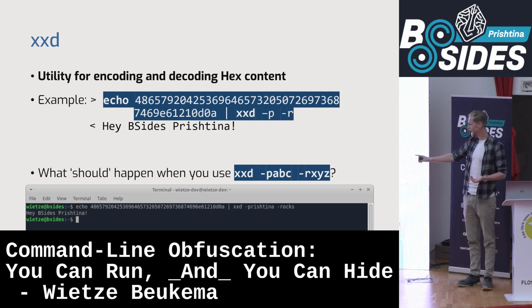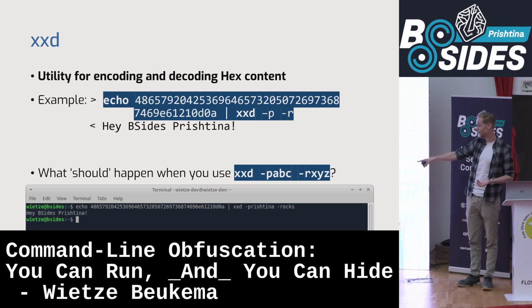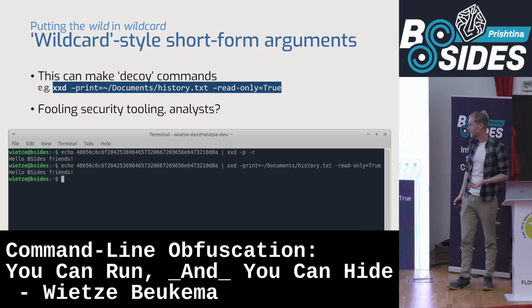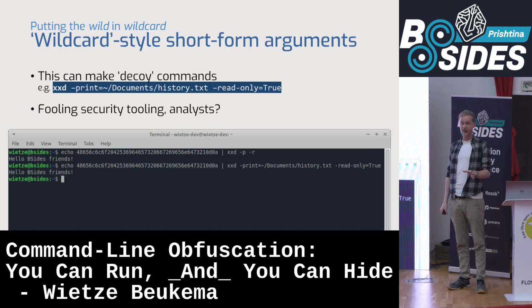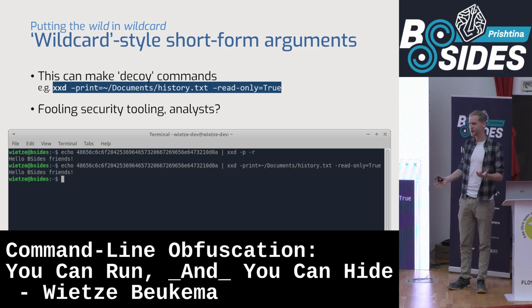So I can execute xxd -pristina-rocks, and that's a valid command, because as you can see, it successfully decoded the thing I was trying to decode. So, as I was alluding, I think this is the worst kind of software implementation of command line arguments,